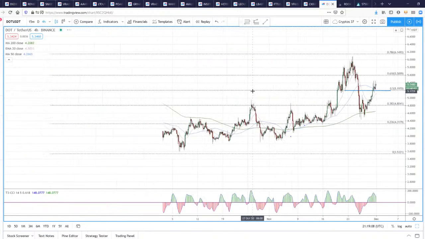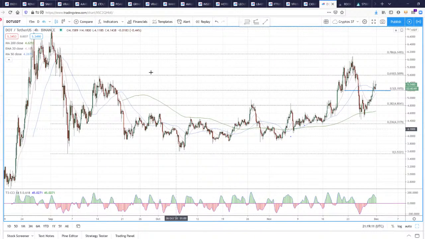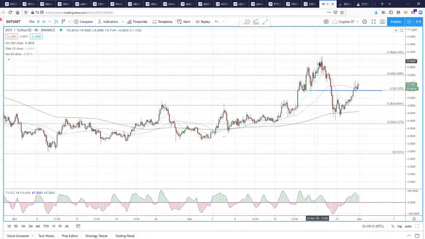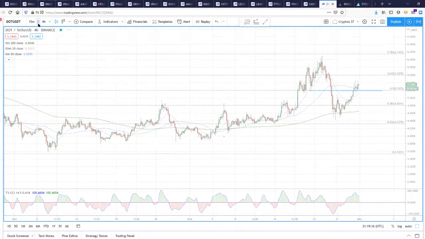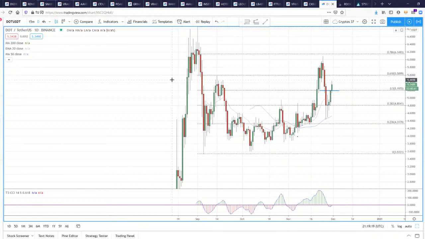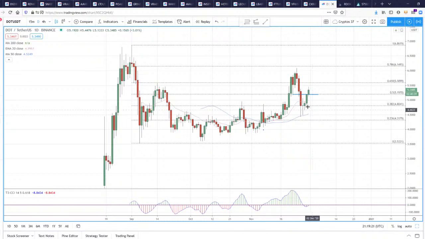Corrections are always three waves, and this just looks like one wave, and so there is that potential in dot, and I think that will happen if everything else does it. Now if we close above this 5.589 level, this 61.8, when we retest it again, where are we going to go? If I put my fibs on from this high to this low, look at how dot has respected these levels, the 236, the 38.2, this 50%. So it's a no-brainer that if we keep going, we'll this time test the 786,